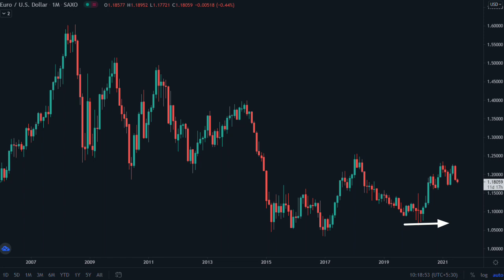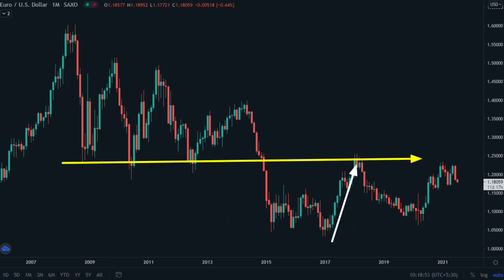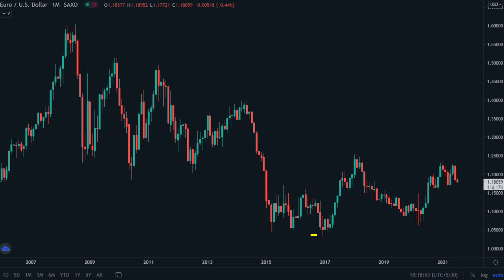This was the first higher low. After making a bottom at this level, this was the first wave that retested the previous low, which was the first clear sign the trend is getting weaker. Then retracement to this wave made the first higher low. On the monthly chart, investors are waiting for a higher high.